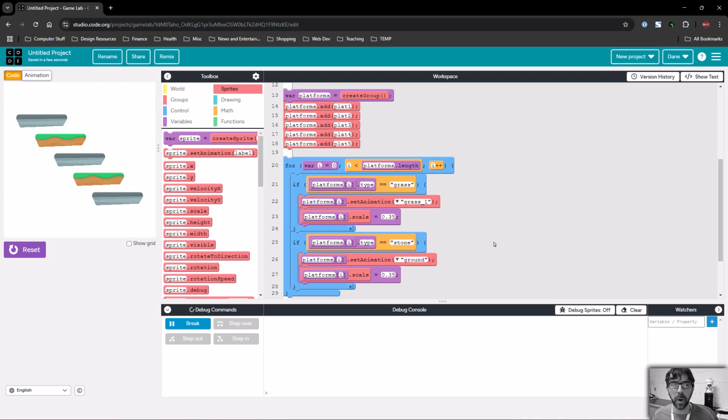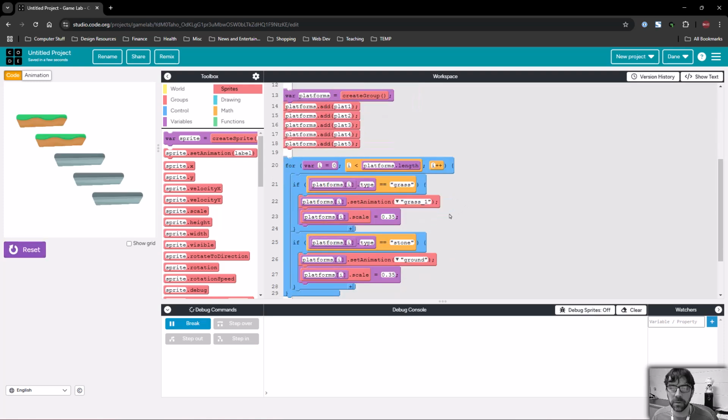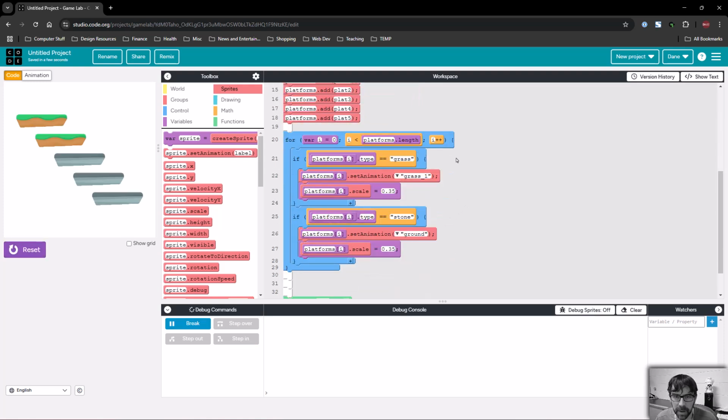All right, now why is that useful? Well, look at this. Now I could change the type of any of these kind just by modifying this string. So I could make the first one is now grass. Maybe the fourth one is now stone. And I can use this type property inside of this for loop to control all sorts of interactions as my